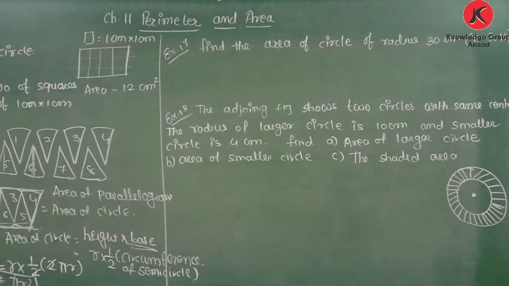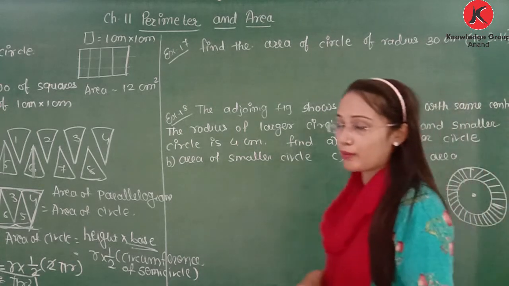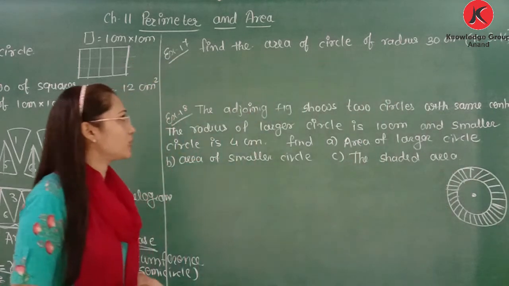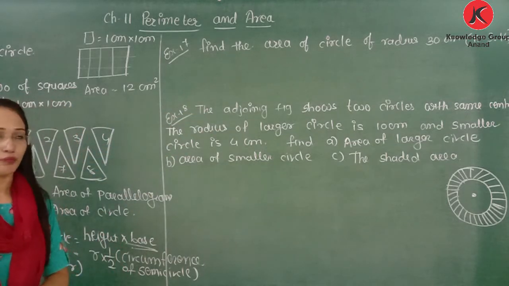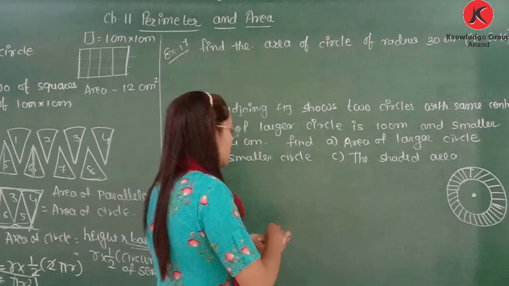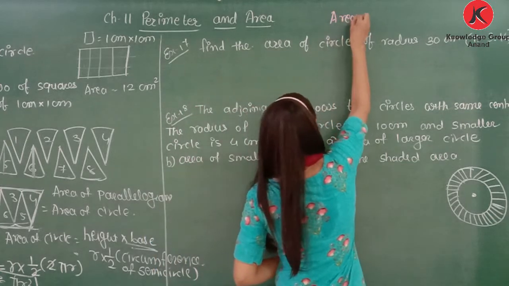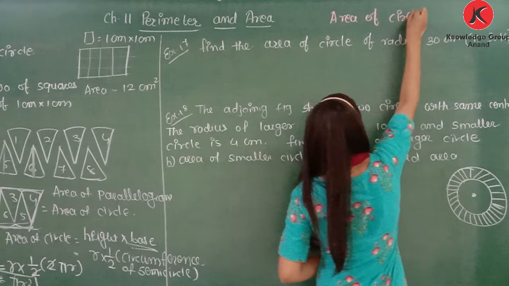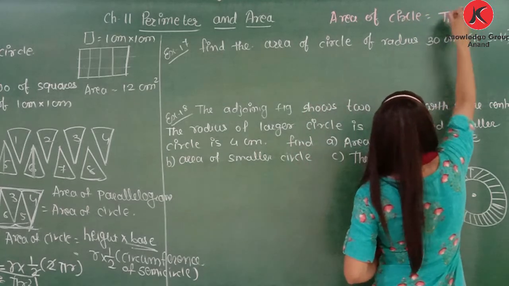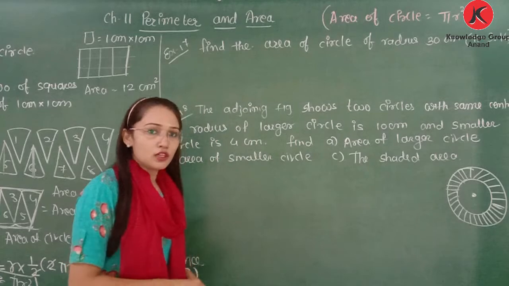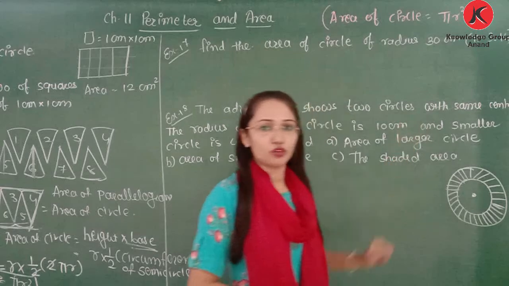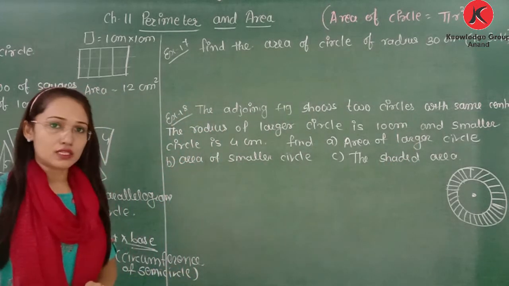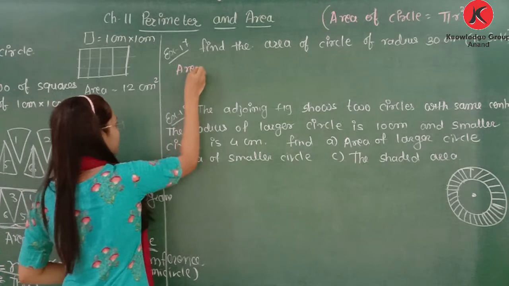Now let's solve some examples related to the area of a circle. So here is example 17, that is given in your textbook. So remember, what is the area of a circle? That is pi r square. So here first, find the area of a circle of radius 30 cm. So the radius is given. Now the equation is what? Area of a circle is pi r square. So we need one value only, that is the radius. The value of pi you can take 3.14 or 22 by 7. So r is what? 30 centimeters. So we can find the area.